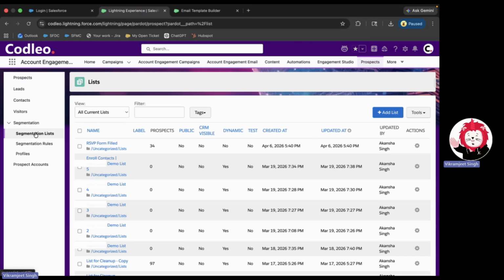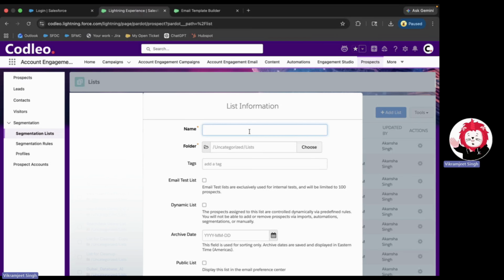Static list can be used for uploading for one-time purposes. Let's say you had a webinar and you have a CSV file list of attendees. You can upload the data into Pardot in a static list. And let's say in your whole Pardot, you want data of only C-level people. So what you can do is create a dynamic list for it,